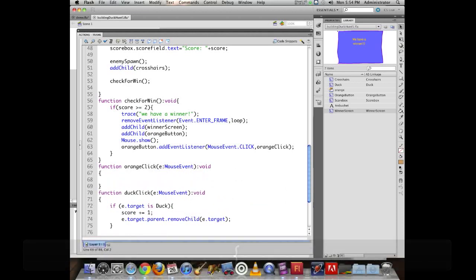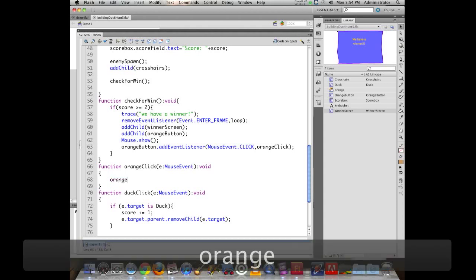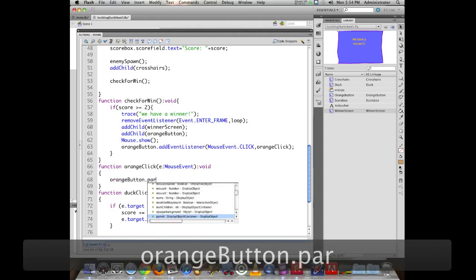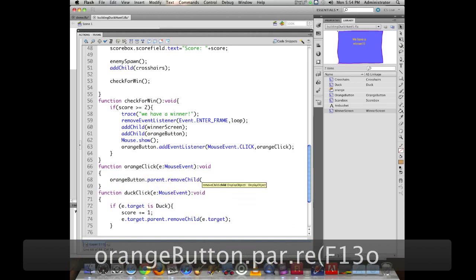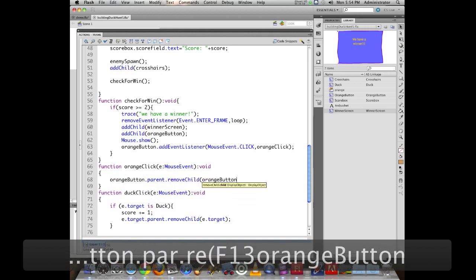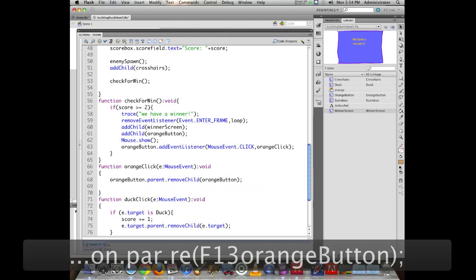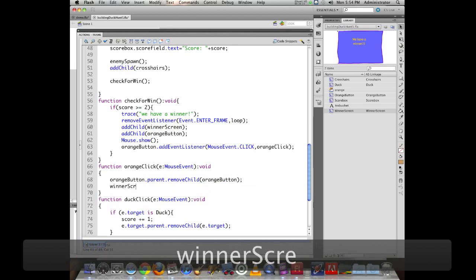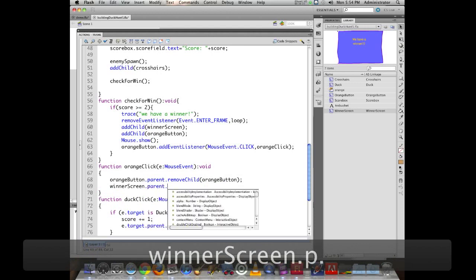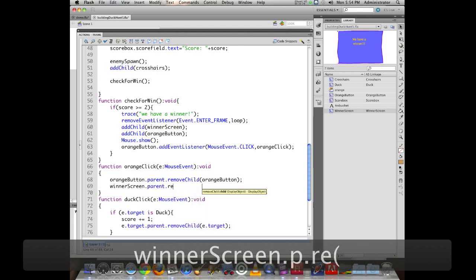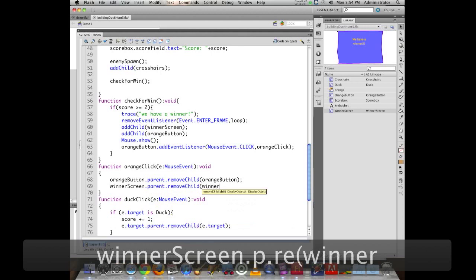So when I click on it, we can say orange button dot parent dot remove child orange button, winner screen dot parent dot remove child winner screen,